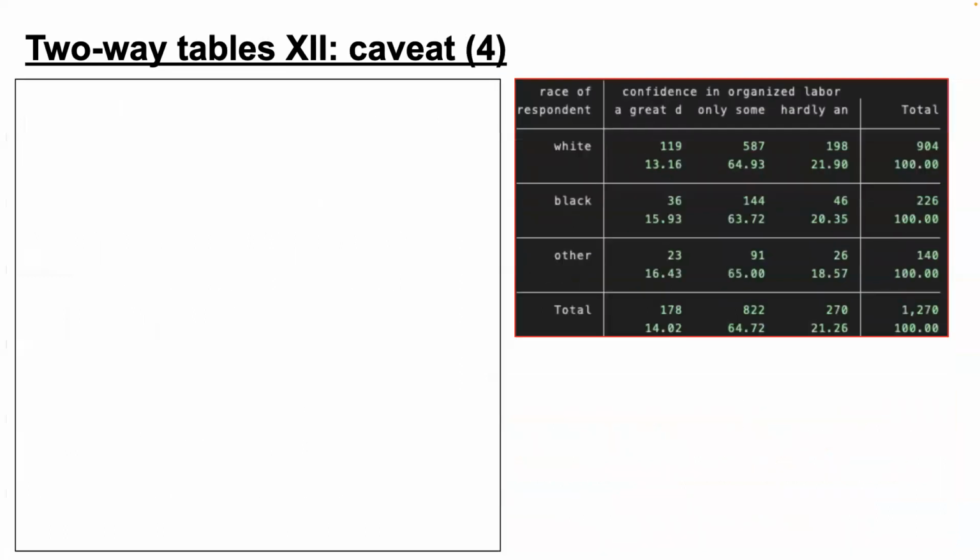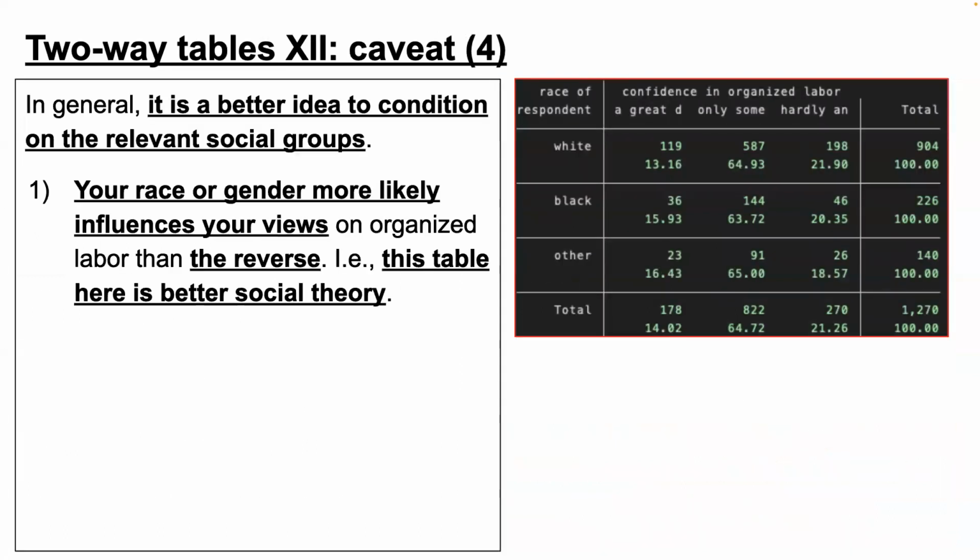This is all stuff I just said out loud. In general, we think that these fundamental social groups tend to be the causal variable. And so a lot of times it is just more intuitive to think conditional on your fundamental causal variable, such as your race or your gender. Your confidence in organized labor is a pretty core political view, but it's not as durable as your race. Your race is much less likely to change over the course of your lifetime, as would be your gender. Although again, even though people go through these gender transitions, it's still probably the case that that's going to be a less frequent source of variation than your views on a particular political subject, therefore condition on the more durable